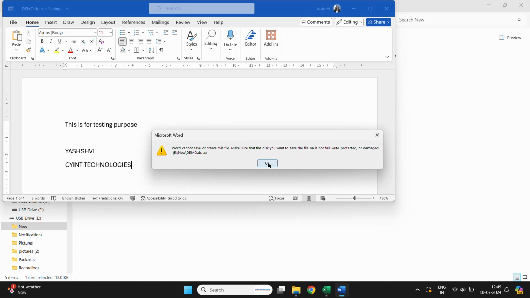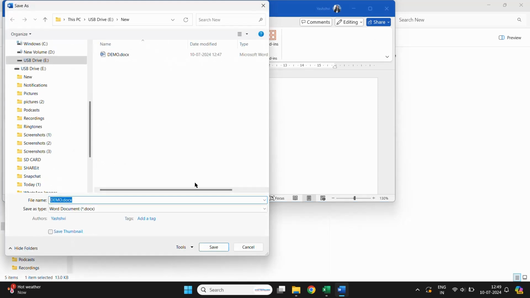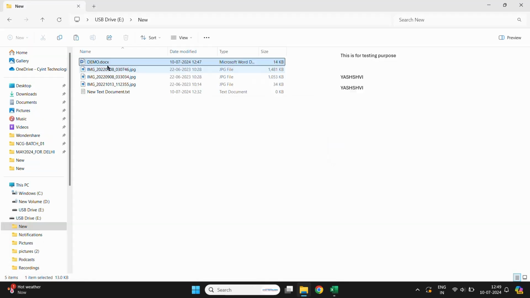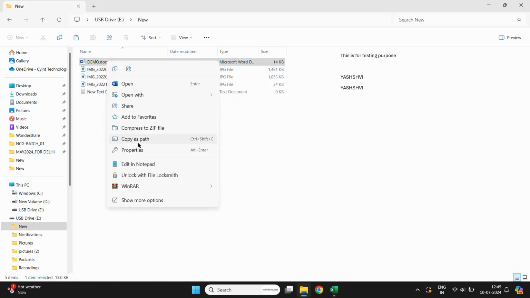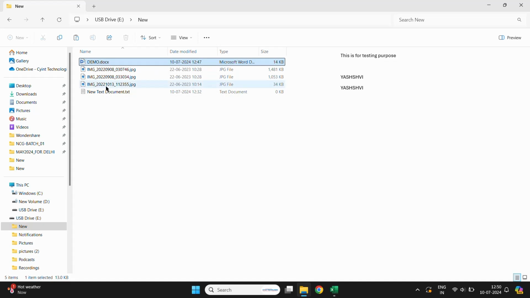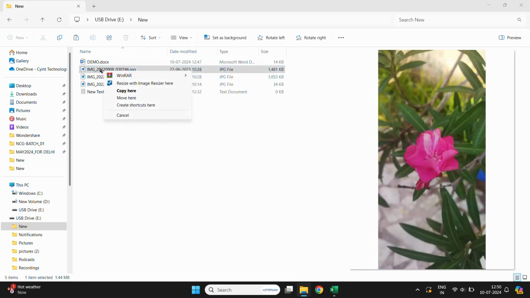Now again I'll try to save it. Another pop-up will come saying that you need to store it in another location. Now I'll see the properties of the document and you can see the modified date remains the same. In the next step, I'll try to delete the picture.